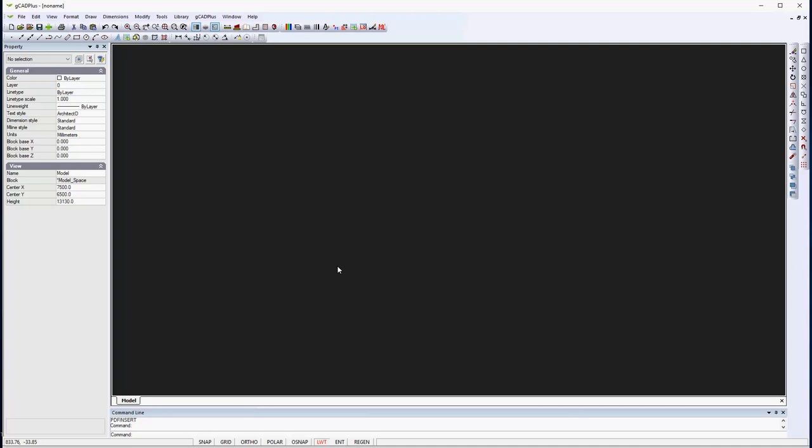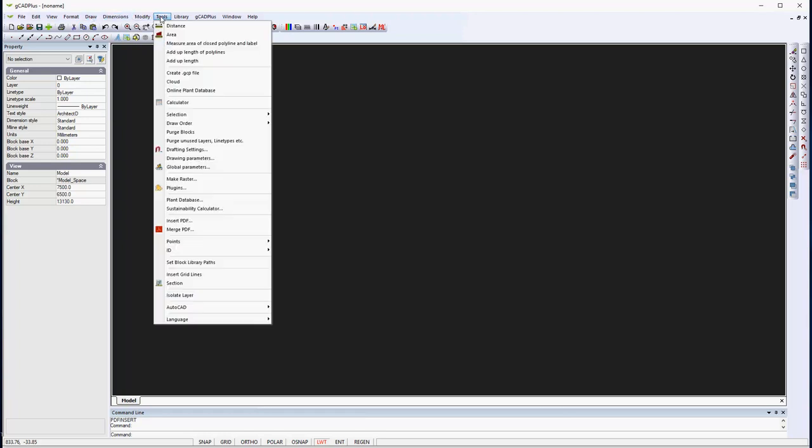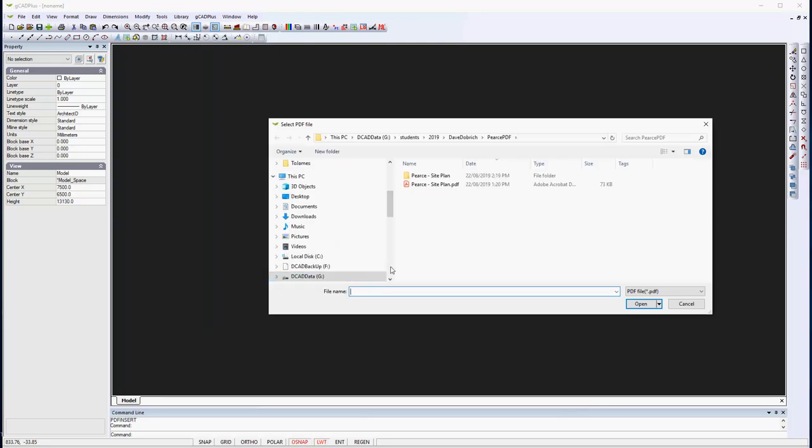You can often short-circuit design work if you can get hold of a reasonably accurate base plan. Quite often builders who are asking you to develop landscaping around a new site do have PDF versions of their plans that their architect has developed, and would like to use those to form a base plan in the gCADPlus environment. So we'd try going to Tools, and let's assume we've got a PDF file, insert the PDF file, pick